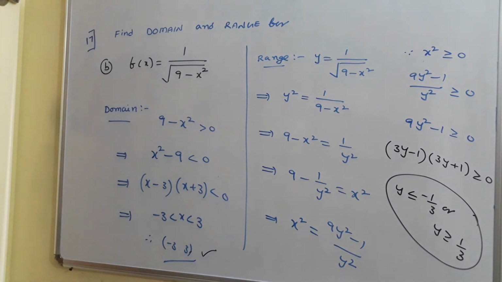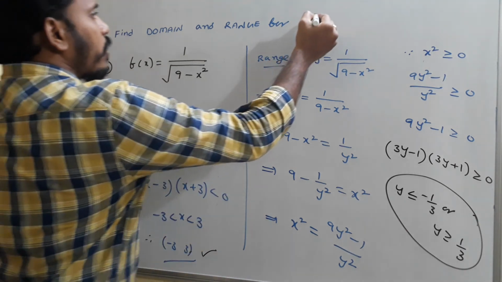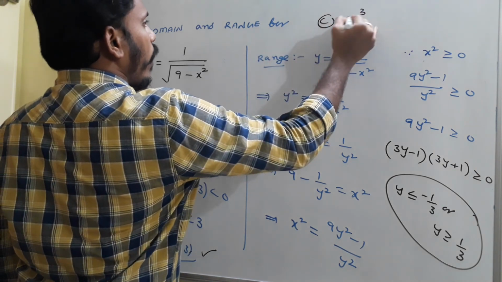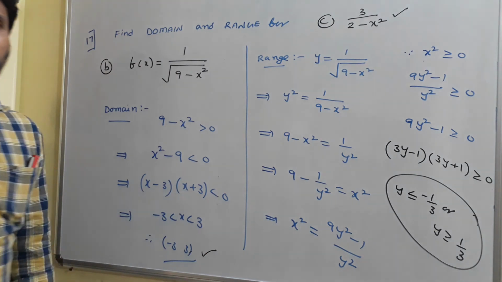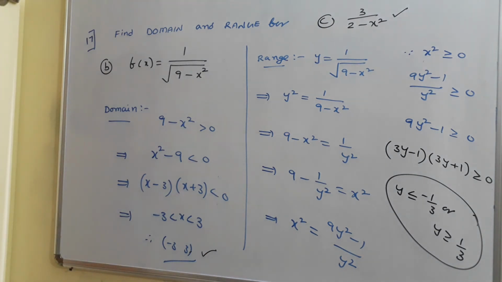Just have a look. So this 14a and 14b, okay, are another type of problems. Just we solve using, just we find domain and range for all those problems, okay. See, I will give you one more problem. You just find its domain and range. 3 divided by 2 minus x square. This is the function. You just try to find the domain and range for that given 3 divided by 2 minus x square.